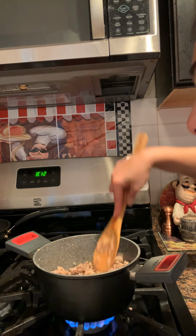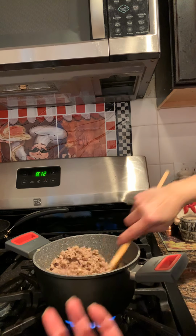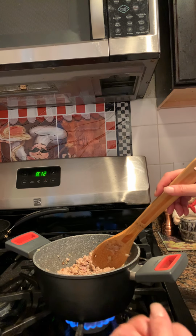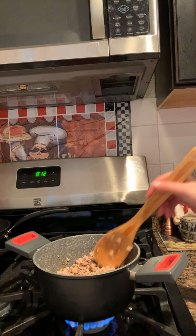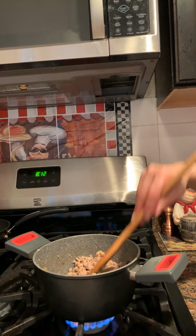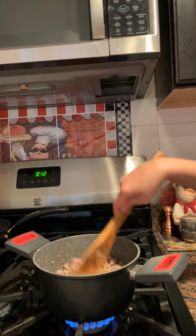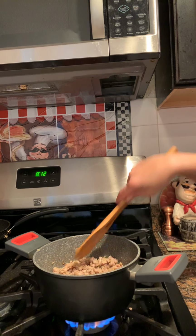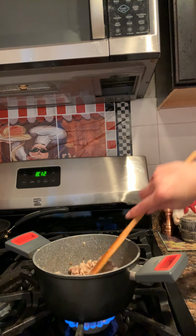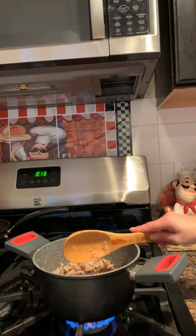Now the ground pork is going to make its own liquid, because pork is a very greasy meat, especially ground pork, because of the fat content, which is really good because the fat will melt out of the pork. And it will make like a little sauce, which is extremely important here. And while that's frying up,